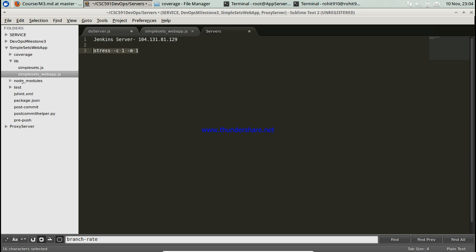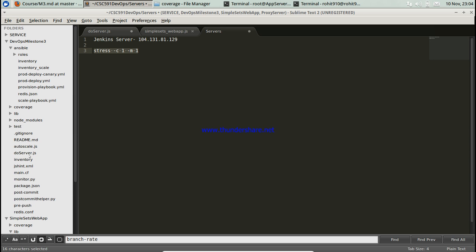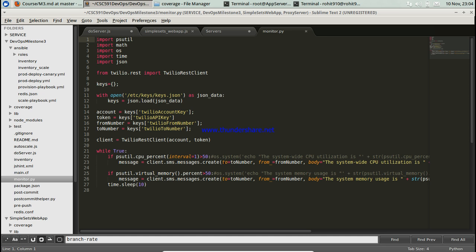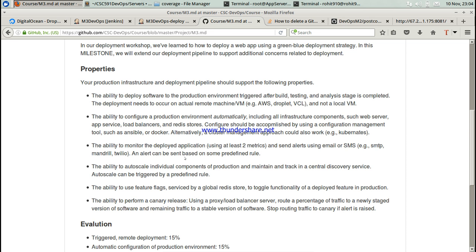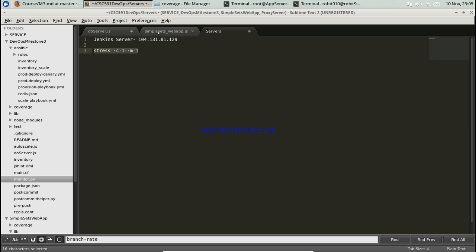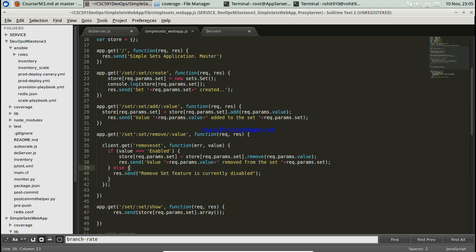I can show you the script which we are using for monitoring. Here you can see that it's monitoring the psutil CPU percent and the virtual memory. The auto scaling one I'll show you a little later on. Now I'll show you the feature flags. Feature flags are like toggling the functionality of a certain feature. The feature for which I'll be toggling functionality is the